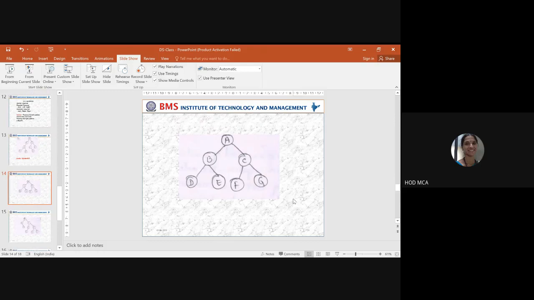Yes. Can you try for this now? This tree, please try what is in-order. I am asking you to do only in-order. Don't go for others. Put it in the chat window. I'll give you some time. First you have to process left, then root, then right. That has to be followed recursively throughout.